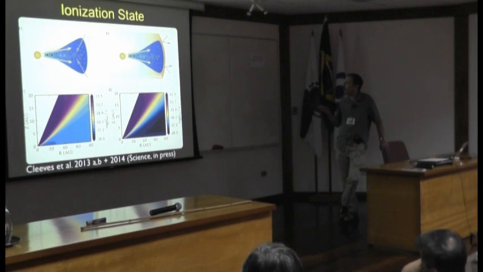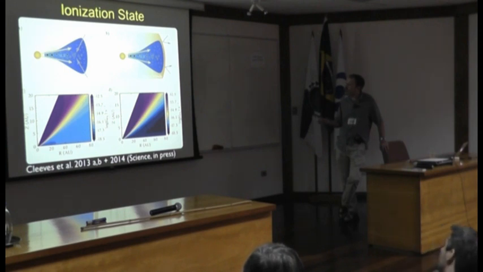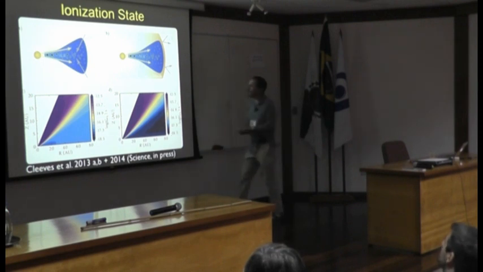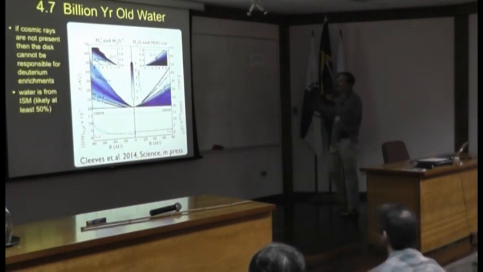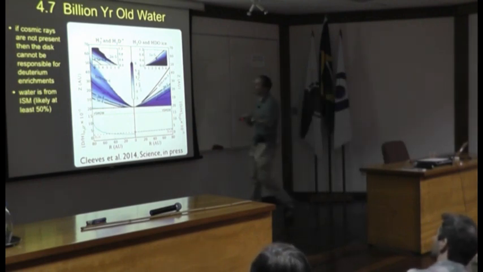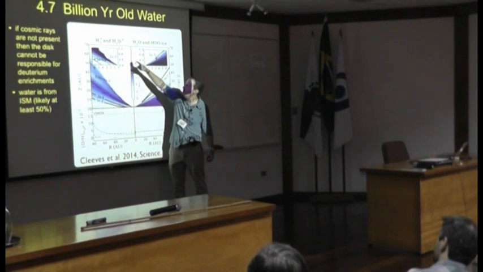So here's a model where we looked at it and scaled up the sun. And here's the ionization rate of H2. That's the main constituent. If I include cosmic rays and X-rays, that's this. And here, if you exclude the cosmic rays, you can see that the ionization rate is a lot lower. Okay, so if the cosmic rays are not there, here's the engine of deuterium fractionation,